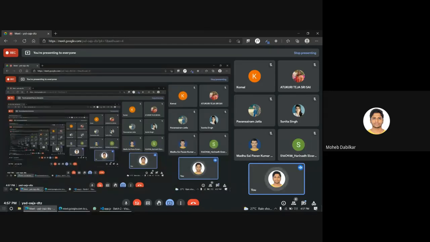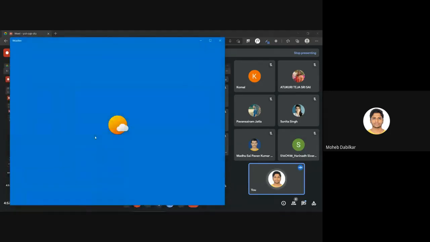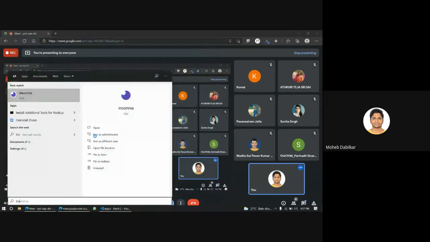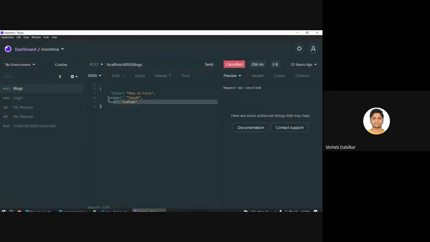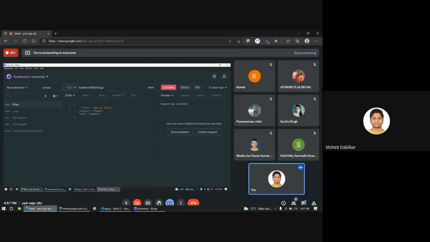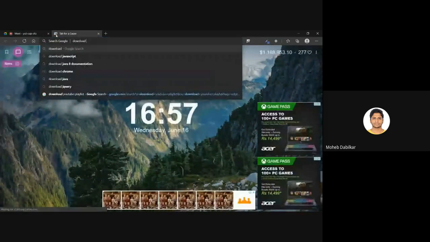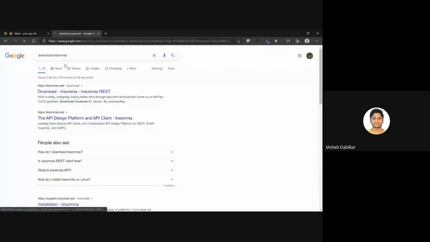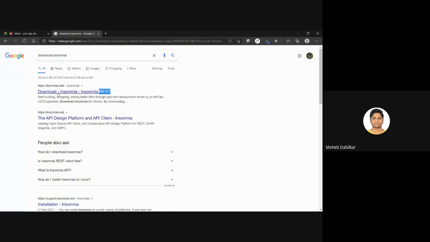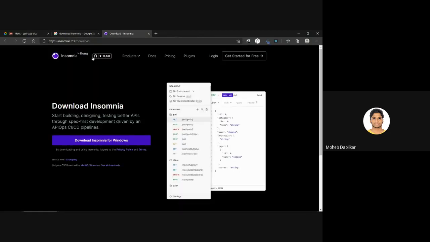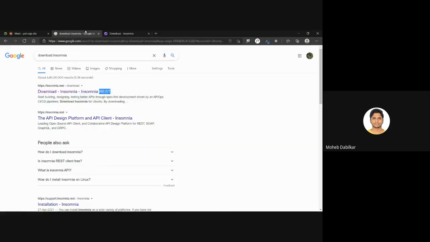And there's one more thing that I need you guys to install. That is Insomnia, not the Weather app. Insomnia is one of the things that you will need to install. So this is your application Insomnia. We will be using it to do POST and GET requests. All you have to do is go to Google and say download Insomnia. According to the name, Insomnia does not allow you to sleep. Even though it says insomnia.rest, it does not allow you to rest, but it is just something that you need to learn.